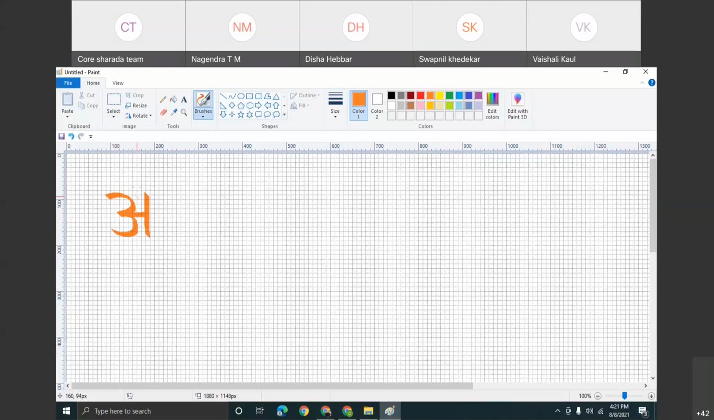I am just drawing the Devanagari first. Oh, in fact, that's not correct. How do I have drawn? So it is like this. O, and then O is